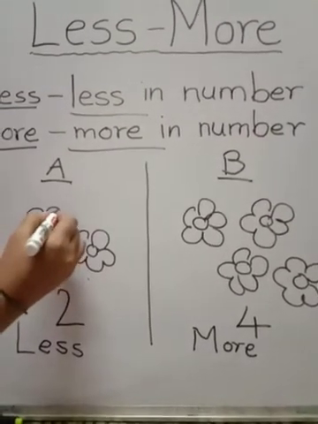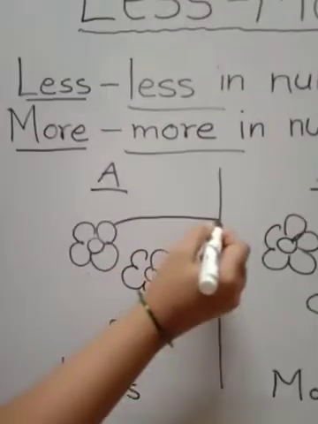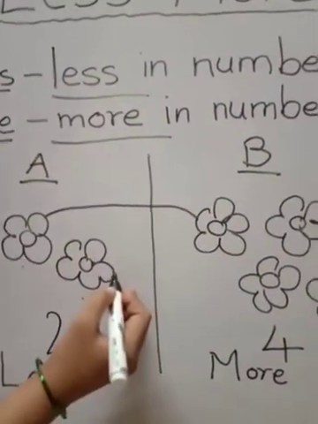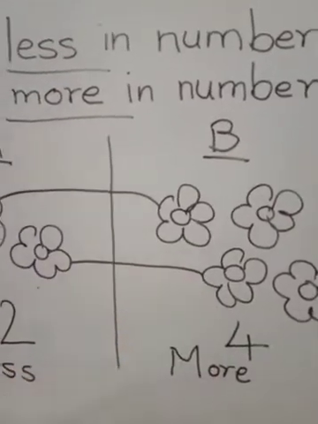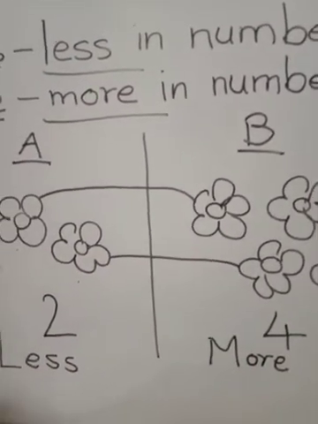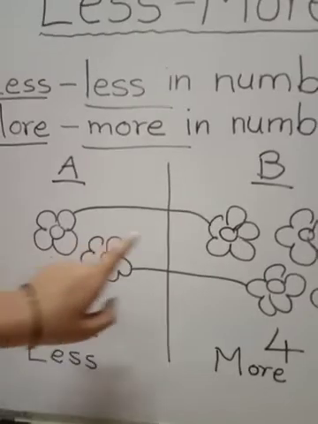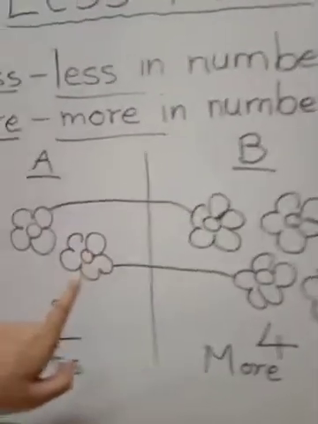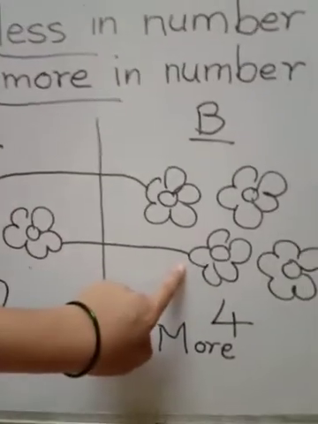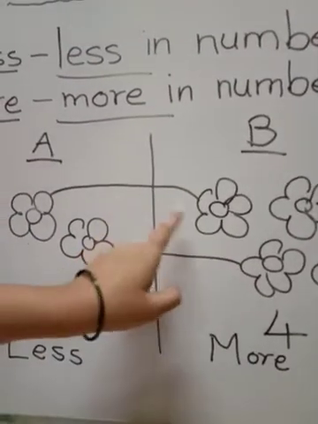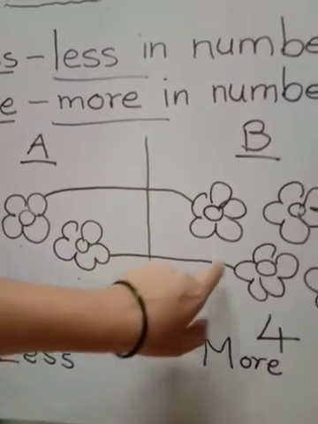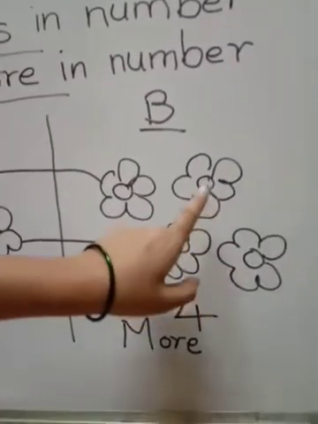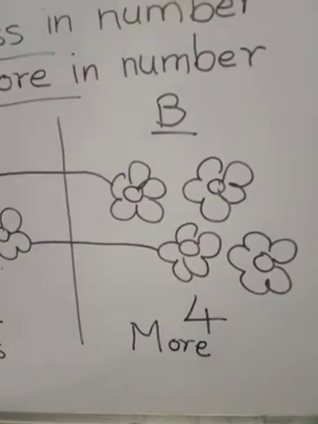First flower we'll take and we will pair with group B 1 flower. Second flower we will take and we will pair with the group B 1 flower. Now group A 1 flower, group B 1 flower, group A 1 flower, group B 1 flower. This pair, 2 pairs we got here. Now here additional flowers you can see, which are extra here. 1 and 2 flowers are extra.